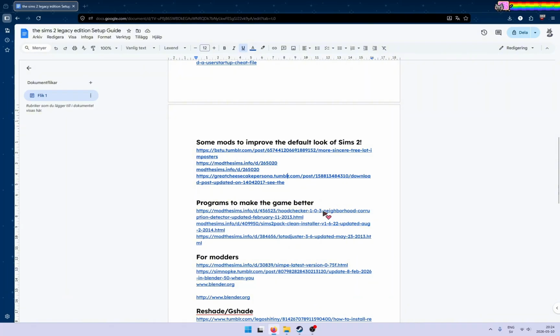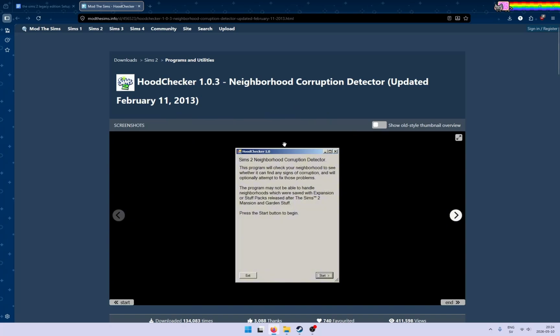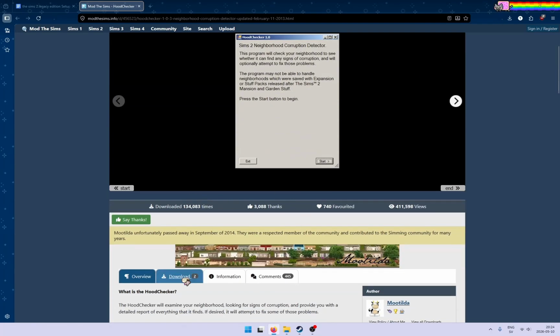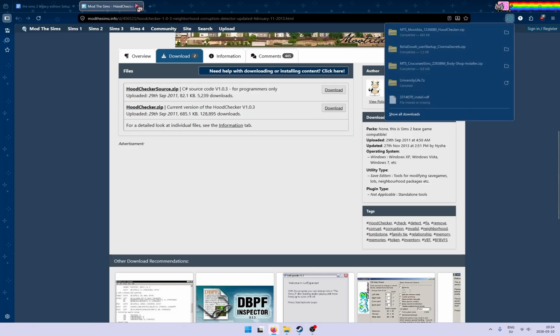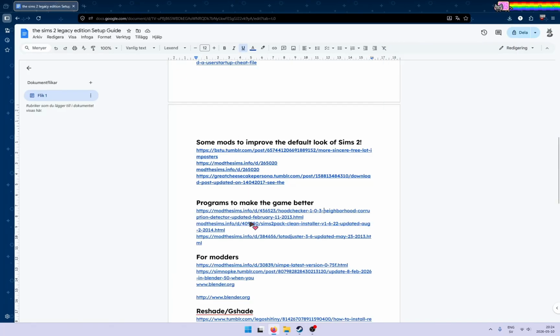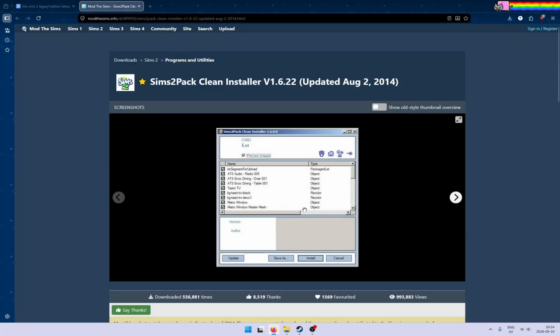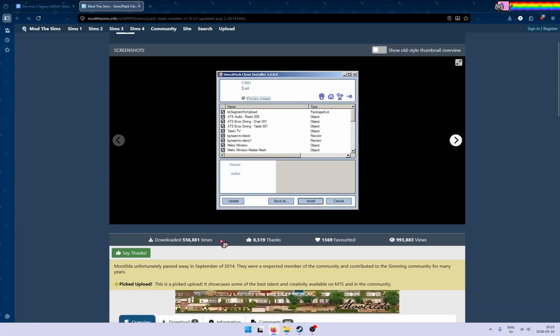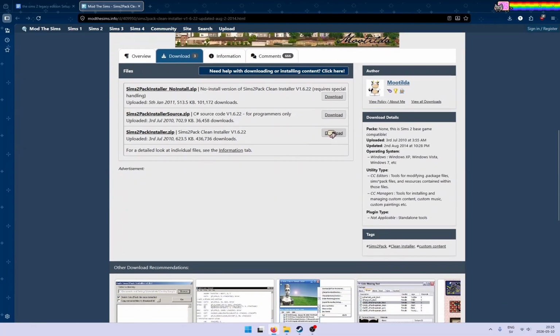Here comes the section which I think is the most important after the one about making the game run fast, which is programs that make the game better or work better. The first one is the neighborhood corruption detector, which is already installed for you in a zip file. And the other one is clean installer, which makes it so you can install lots in